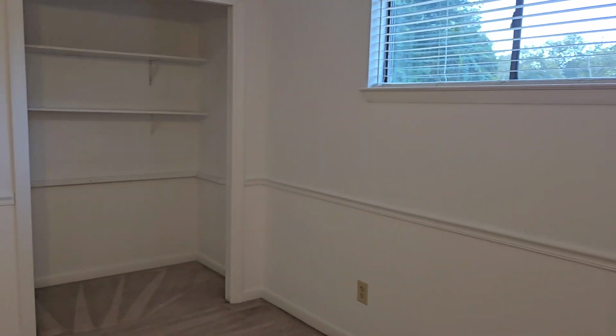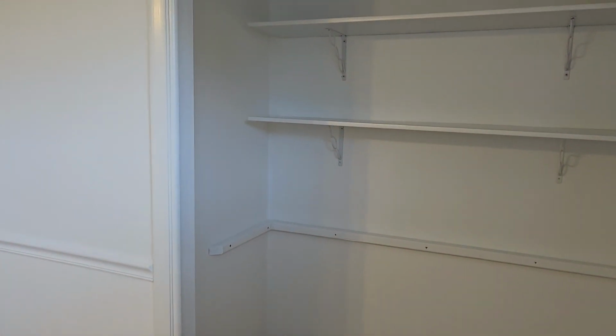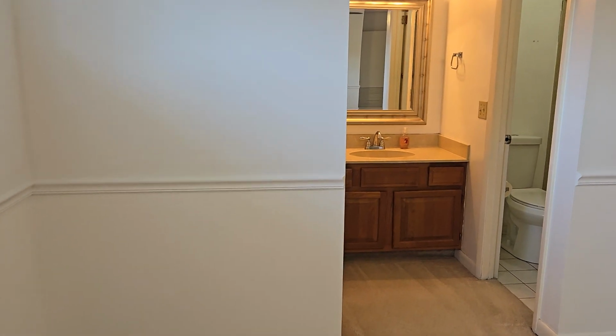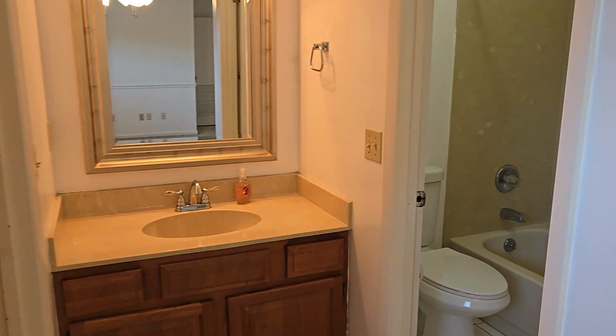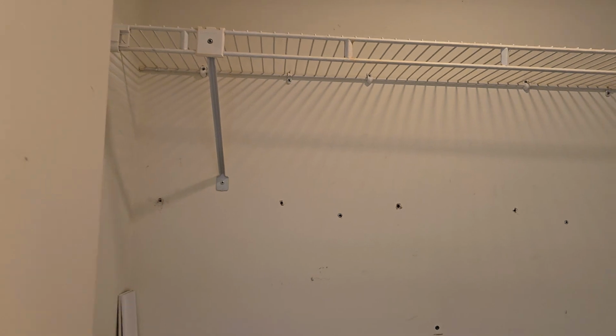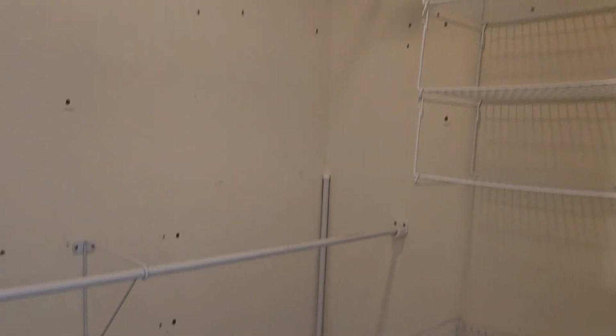You've got 2 nice windows. Those will actually look out to the front yard if you were to look through them. You have an extra large closet here, wood shelving. You could absolutely build this out to be something wonderful. Now, this is a single vanity in here, but you do still have your tub shower duo and commode. And then across the way, you do actually have a second closet. So whether 2 people are here, or hey, I'm not judging if it's one person that needs 2 closets, I